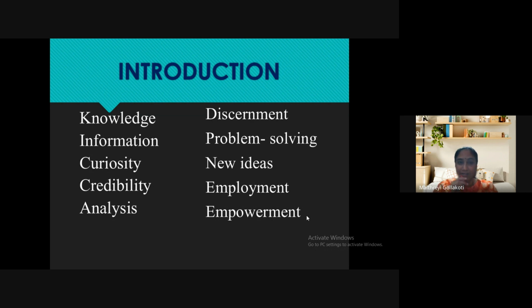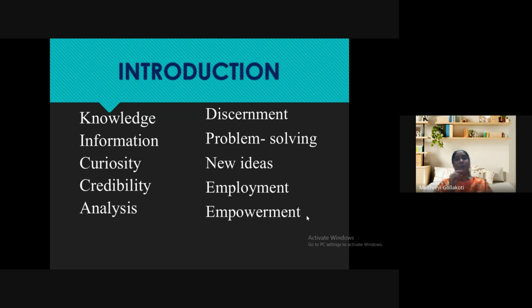Okay, yes. Next is problem solving. Discernment tries to solve the problems in the world. See, we have so many burning problems of environment, like how to get rid of all the waste. Waste management is such a big issue nowadays, isn't it? Like that, we need fuels that are very clean, which don't pollute our atmosphere so much. So these are all the problems, and all these problems need to be solved, and they can be solved through good research. So research is also problem solving.